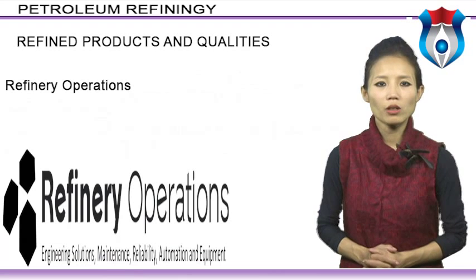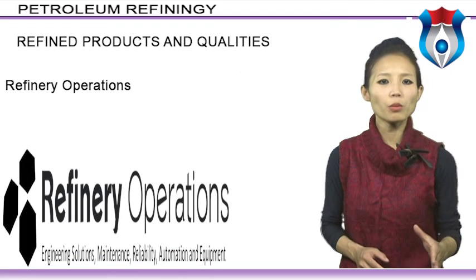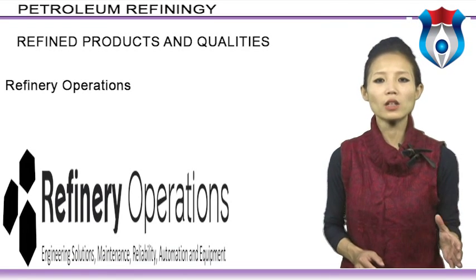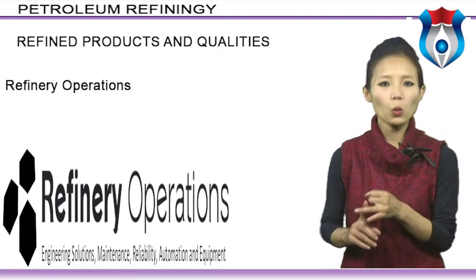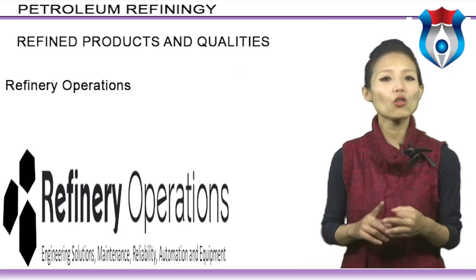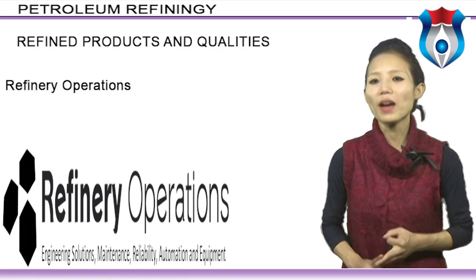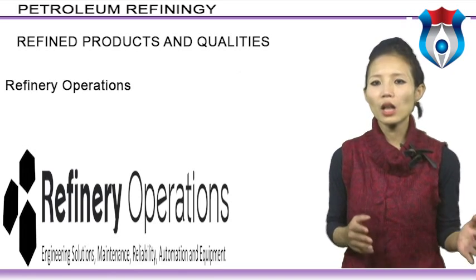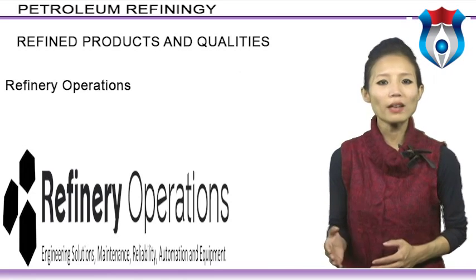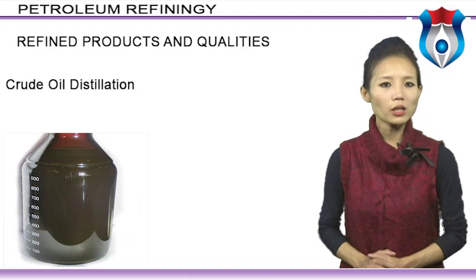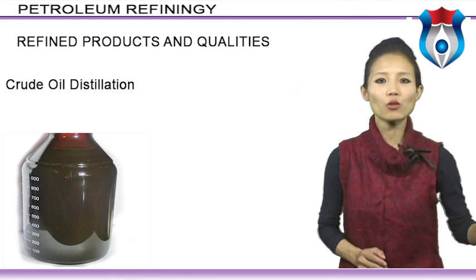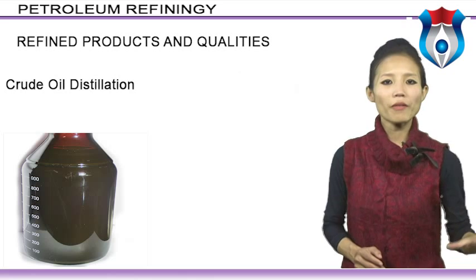Refinery operation. Refinery operations are composed of many different operating units that are used to separate fractions, improve the quality of the fractions, and increase the production of higher value products like gasoline, jet fuel, diesel oil, and home heating oil. Crude oil distillation. Crude oil distillation is used to separate the hydrocarbons in crude oil into fractions based on